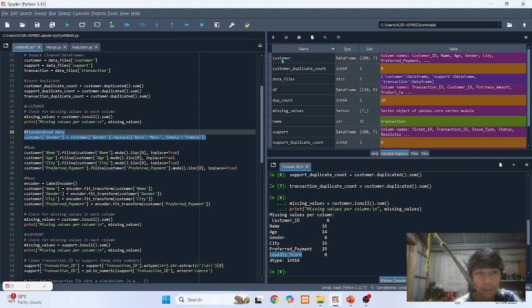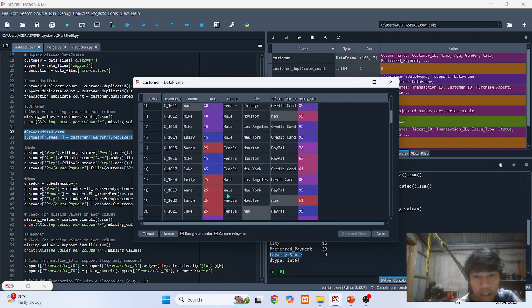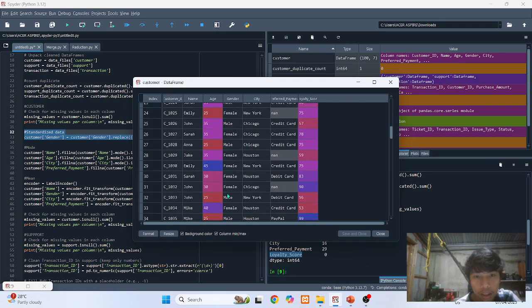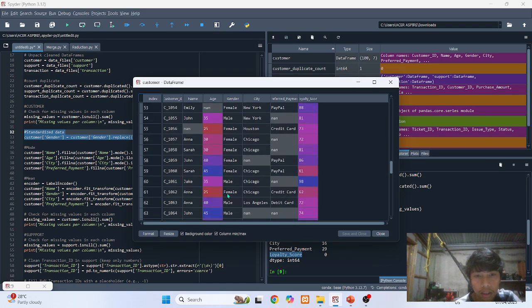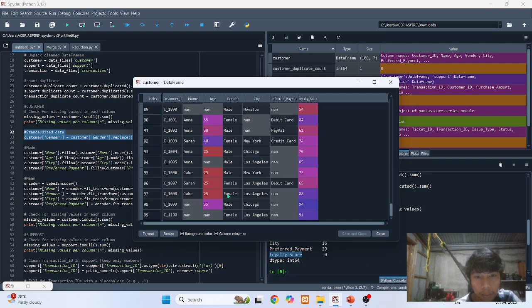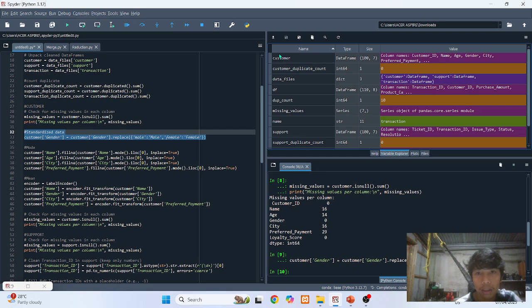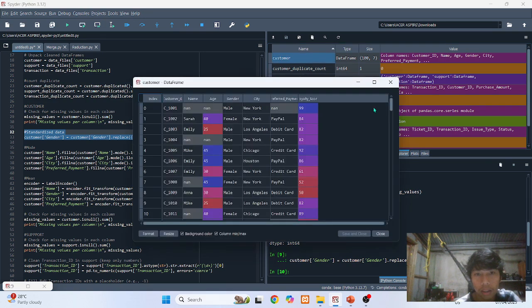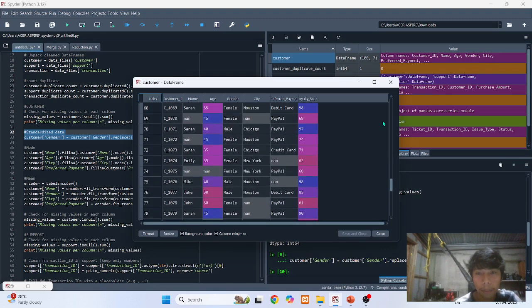So as you can see in the customer, we have male in lowercase, male, male, male, and also female in lowercase. After we run this code, there is no such thing as male in lowercase.